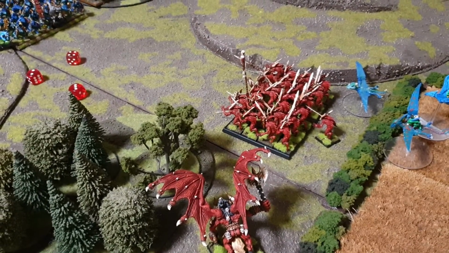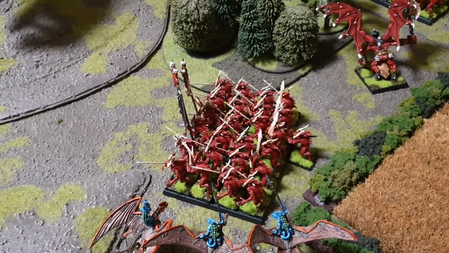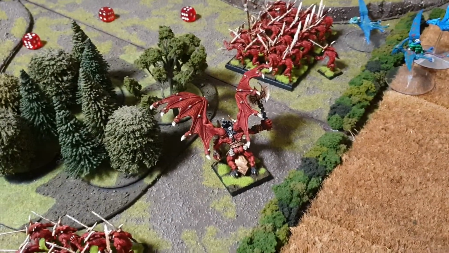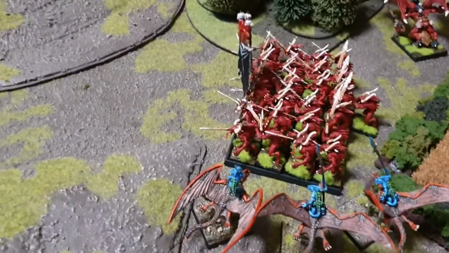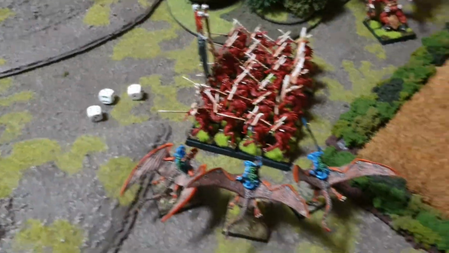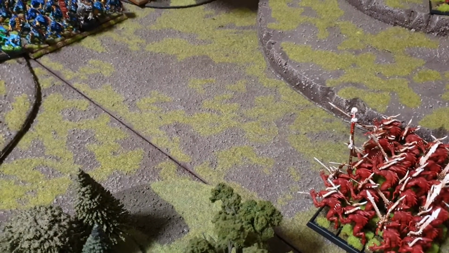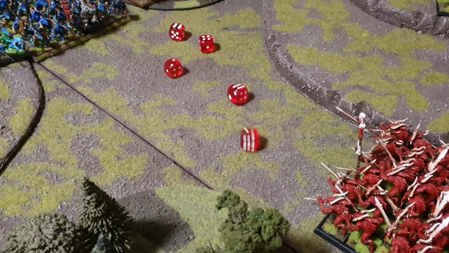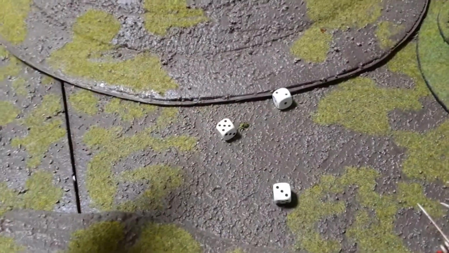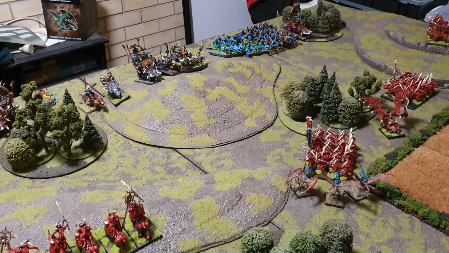So strength 5, 4 hits on each unit. Toughness 3, so you need 3s to wound. One, 2, 3 on this unit, and 1 dead. That needs up the ranks. And on this unit, how many dice? 5 at strength 4. 1, 2, 3 again. And 2 off this unit. 2. And that's it for the shooting. They're poison attacks, by the way, so you have to...